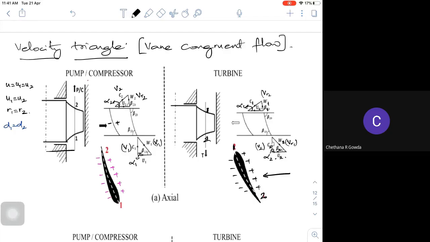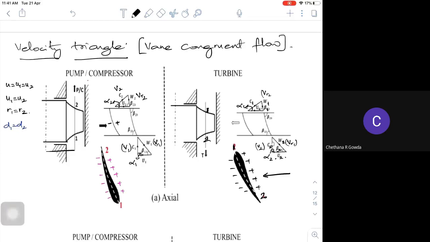Now look at the blade actually. So what will happen? I place my aerofoil in this direction. So in case of a turbine or a compressor, I try to place my corresponding aerofoils in such a way that the same rotating machine or turbo machine can act as a compressor or a turbine. Only thing is I have to change the position of my blades. Simple thing. But when I go for a particular power absorption or pressure requirement, the whole blade design is going to change.